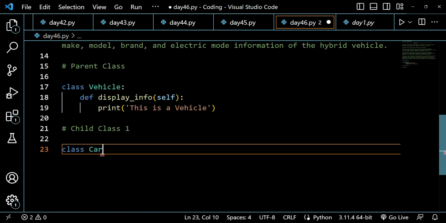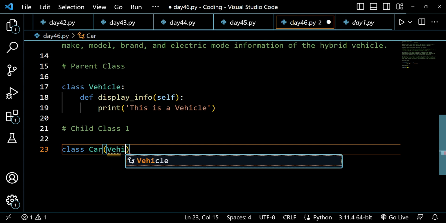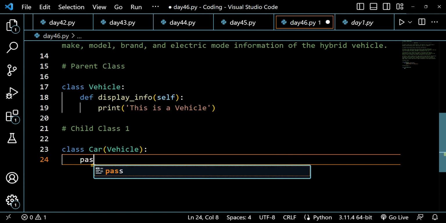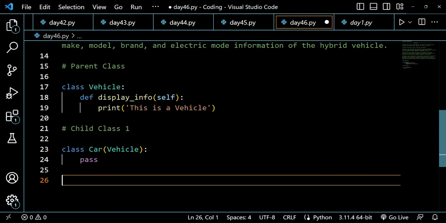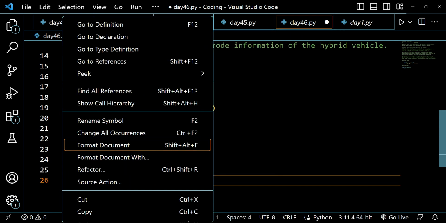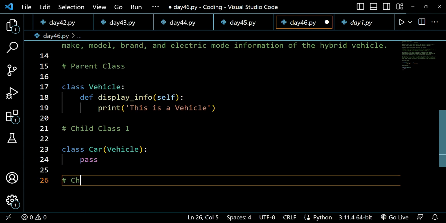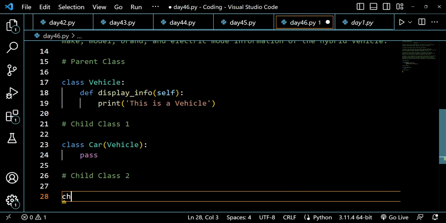So we will be writing the name of the class car, and close it by parentheses, and inside those parentheses we will be writing the name of the parent class. The name of the parent class is vehicle, and we will be writing something. So first of all, let's pass this, and then we will be creating our child class 2 as well. So child class 2, class bicycle,